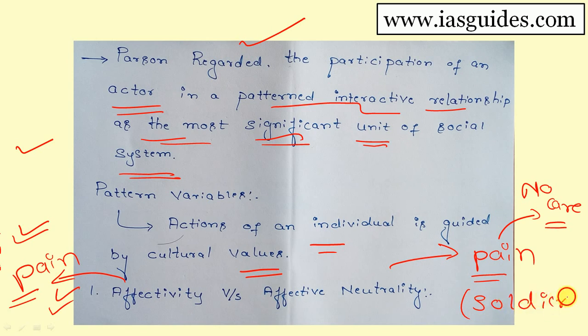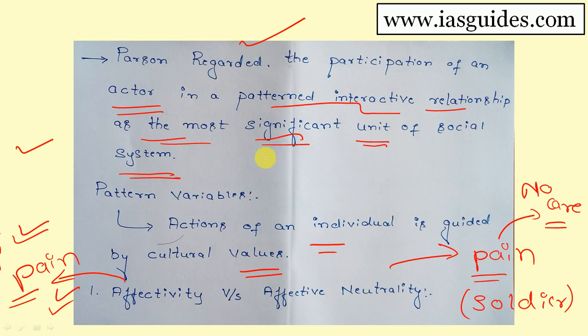And examples of this pain-oriented thing, definitely we can give. Many examples are there of people who do not want pain and they want profit. That is what is known as a person's affectivity orientation. He wants to escape from all the pains and he wants profit. That is what is known as affectivity. And affective neutral means the man knows there is pain, he will take pain, then he will actually gain something.